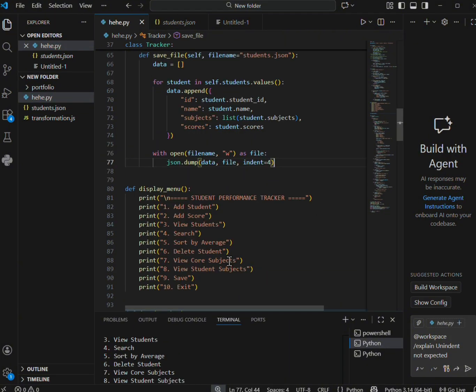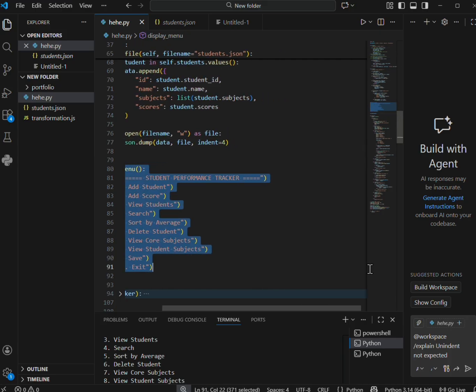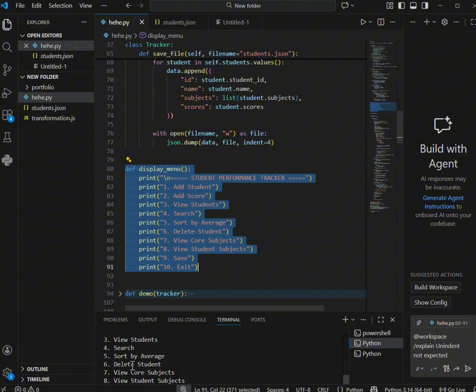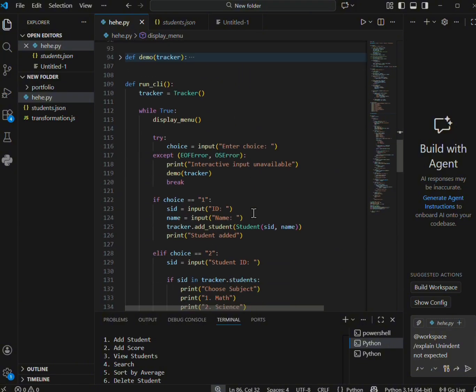The menu is printed using simple print statements inside the function. Each number represents a specific feature of the system. For example, 1 is add student, 2 is add score, 3 is view student, and so on until exit. This makes the system organized and easy to navigate.